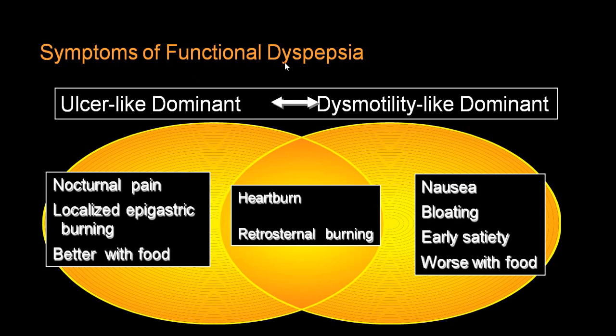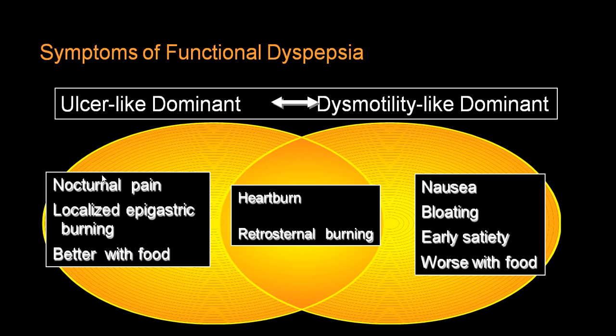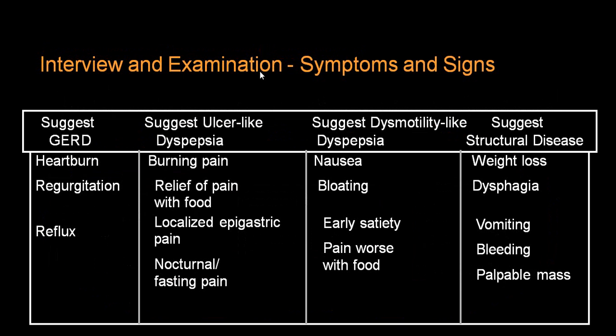Now symptoms of functional dyspepsia can be ulcer-like or dysmotility-like. When it is ulcer-like, it is epigastric pain syndrome. When it is dysmotility-like, it is postprandial distress syndrome. So symptoms you can divide into GERD-like, ulcer-like, dysmotility-like, and structural-like symptoms. When structural-like symptoms are present, like weight loss, dysphagia, vomiting, bleeding, palpable mass,